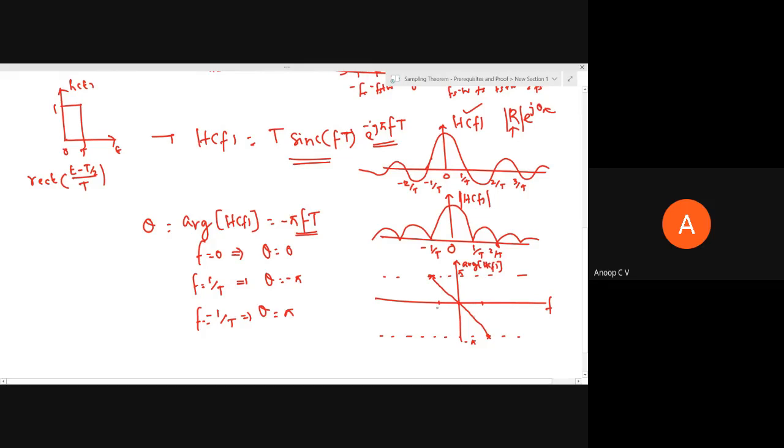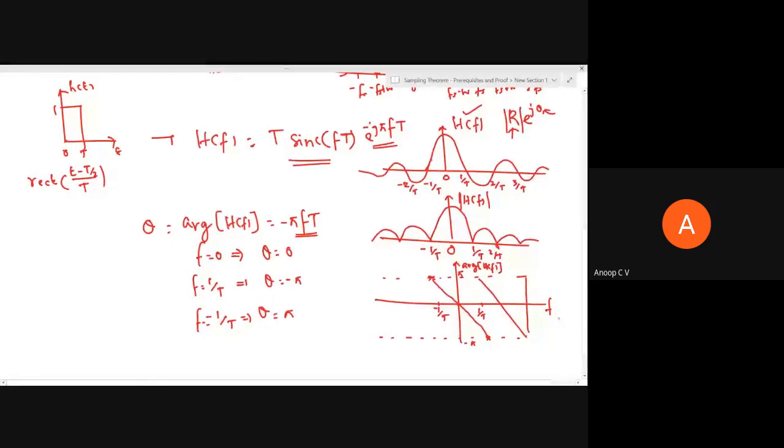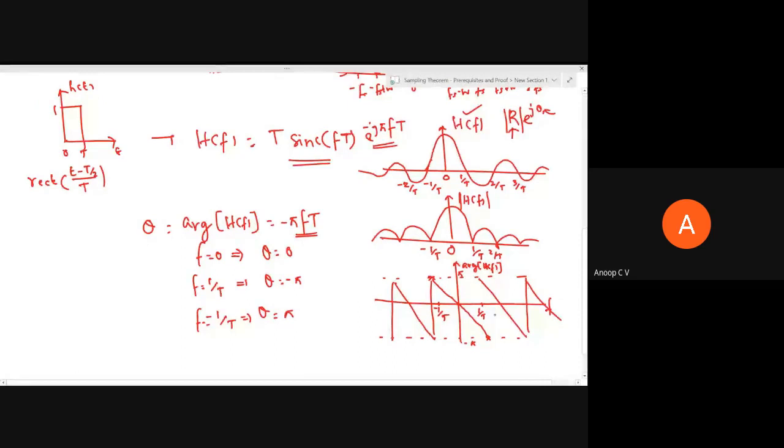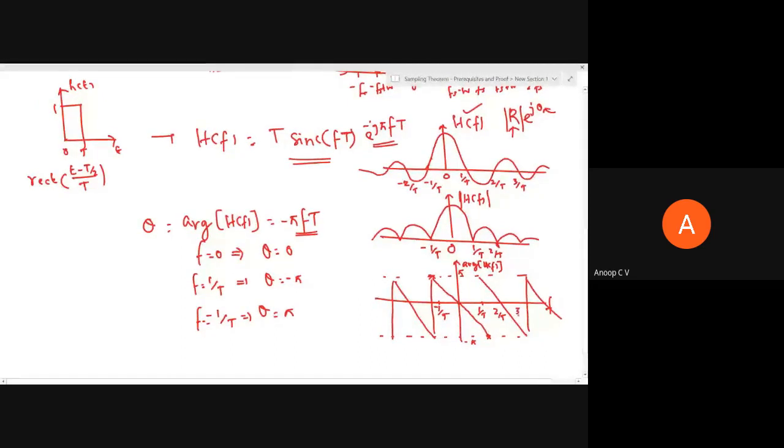So this is actually minus 1 by t. This is plus 1 by t. Similarly, it will repeat. Same pattern will repeat every 1 by t. So this is 2 by t. This is 3 by t. If you observe, you can see every odd multiples of